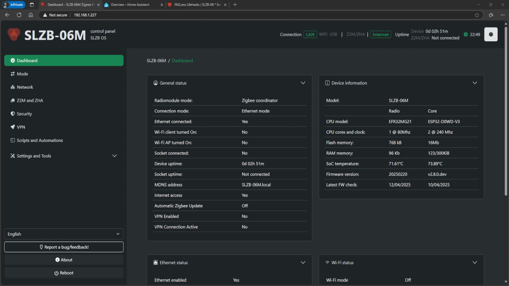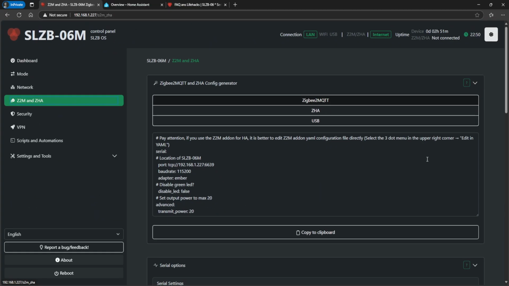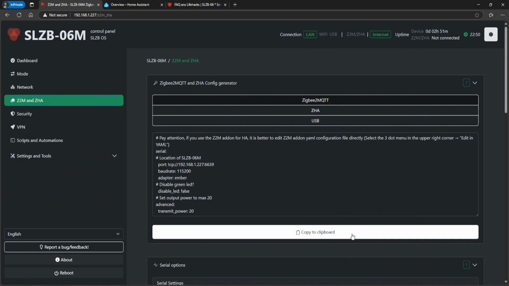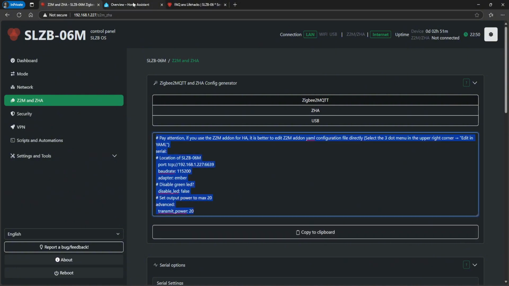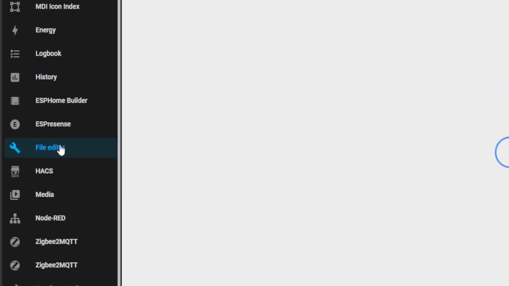Now I'm going to talk you through making some changes to the Zigbee2MQTT configuration.yaml file. From your Zigbee coordinator webpage, if you first head over to ZHA and Home Assistant, you're going to copy this code to the clipboard, and then head over to Home Assistant. If you go to File Editor,